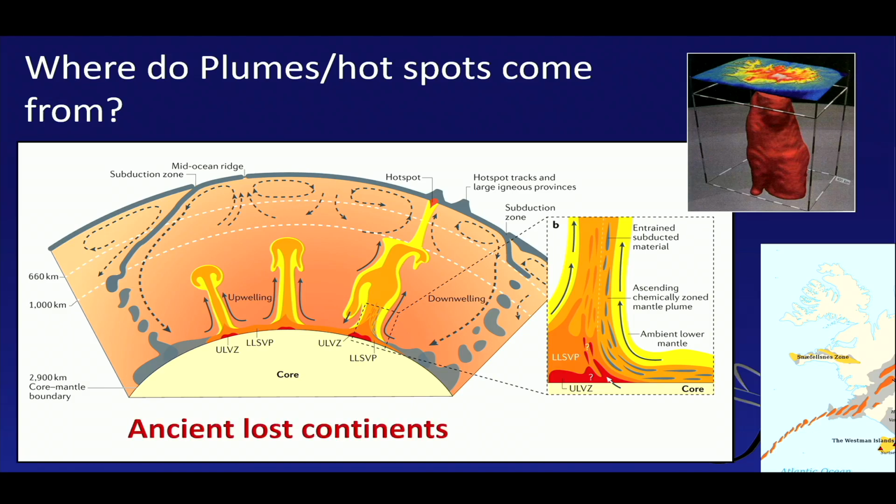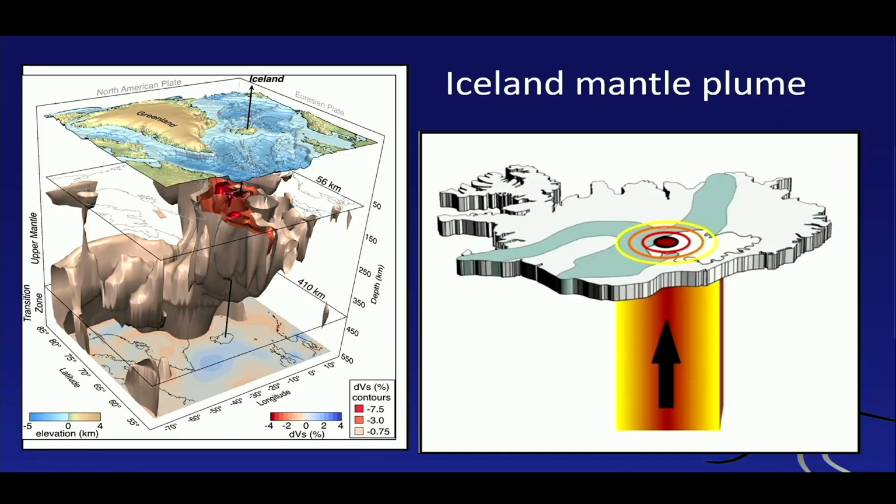So we believe that these plumes come from ancient, lost continents that are long, long gone. We don't see them at the surface anymore, but remnants of them may still be present deep within the earth. So when we move this material up now, then this plume hits this area where we have Iceland at the surface, and here's a reconstruction from a depth of about 500 kilometers, and this is a very simplified sketch of